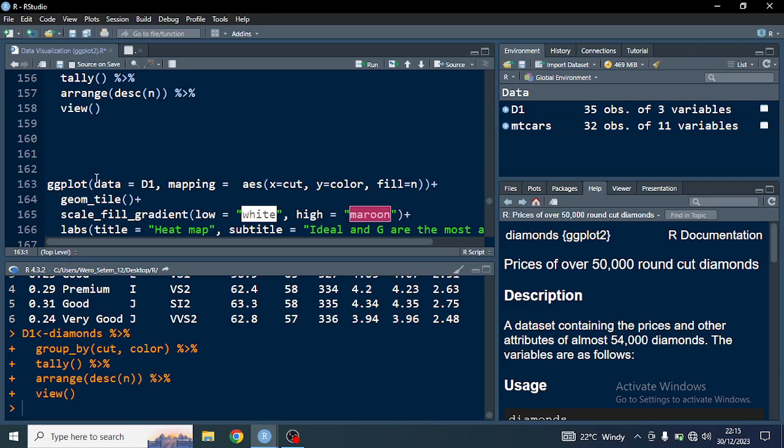So I'm saying ggplot, data is equals to D1, my mappings, aesthetics, X is cut, Y is the color, and the fill, I want to fill color it by N, by the number, or the count of each diamond. And then I'm saying geom tile. So geom tile will help us create the heat map. So if I run it up to here, let's run that,